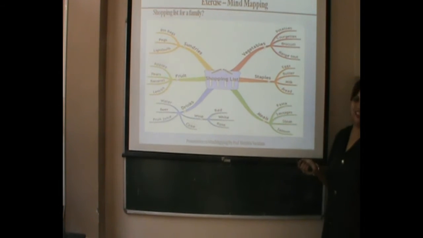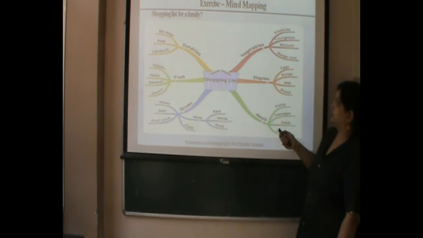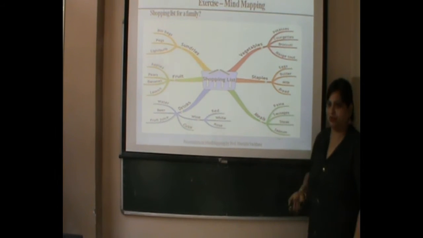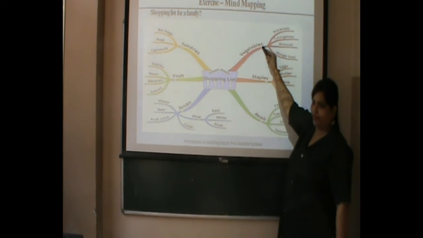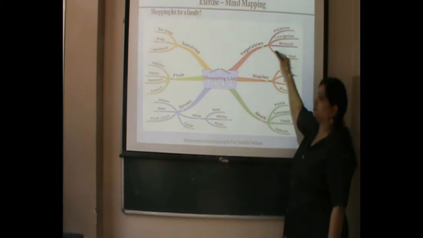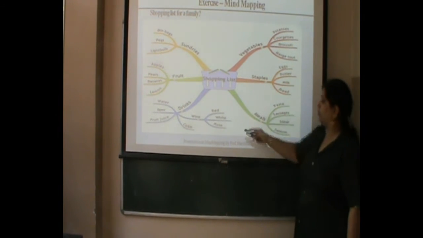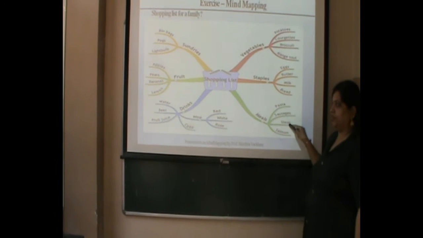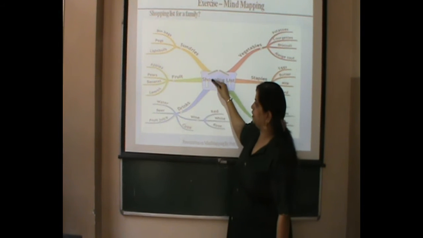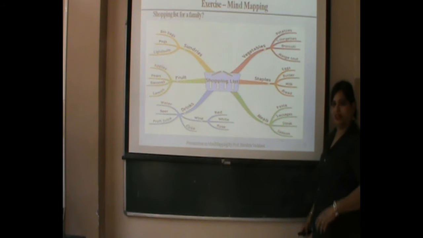Now see, for example, I want to do shopping. I want to create a shopping list. How will I create it? For a shopping list, I want to buy some vegetables. So vegetables are put over here, right? What do I want to buy in vegetables? So I want to buy some potatoes, some broccoli, some mangoes, and all. Now next, staples. What in the staples category do I want to buy? And what in meals? What in meals do I need to buy? And what in drinks do I need to buy from the market? So I do the mind map. And then what in fruits do I need to buy? Right, so this is one kind of my shopping list.